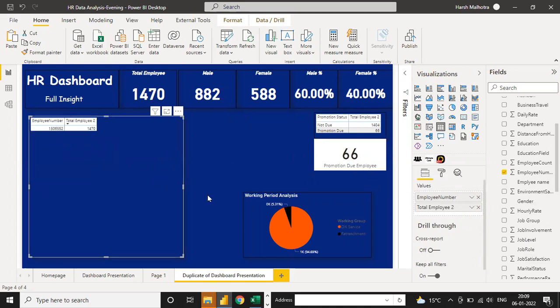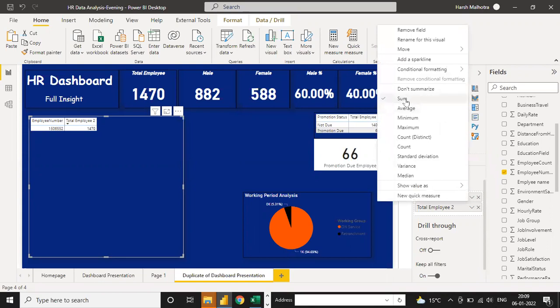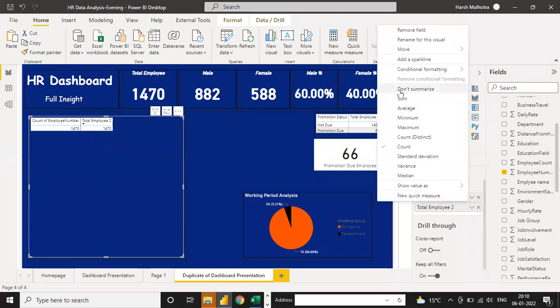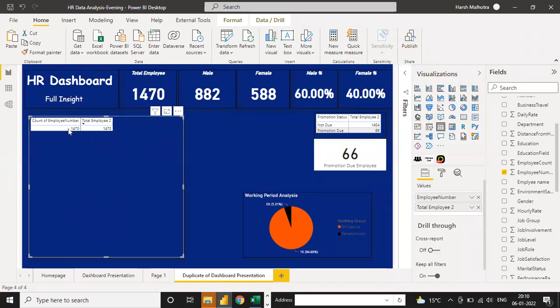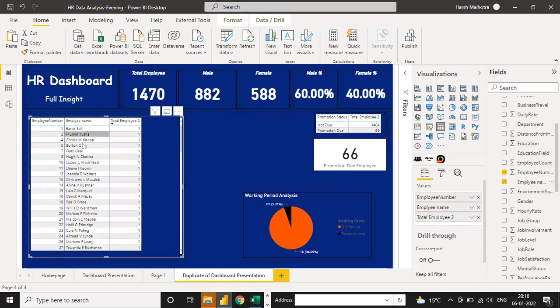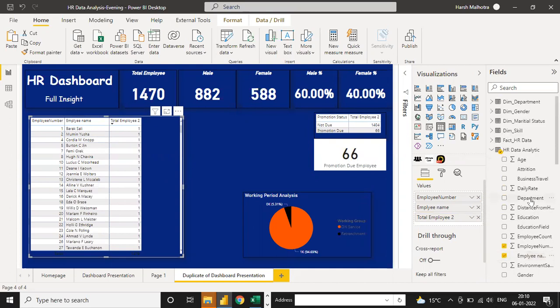So you can see here employee number, which is a summation of employee. So this is an implicit measure. That is why we are using sum here. I need just a count, not a sum. Click on this. Click on don't summarize. I don't want a sumwise count, so it is called a one by one function. Total employee. So now you have employee name, which we already merged. You can see this is the employee name, and you need retrenchment group wise.